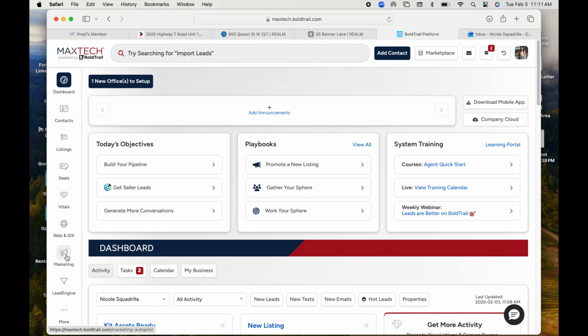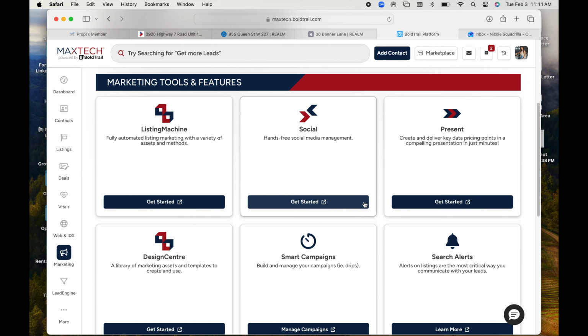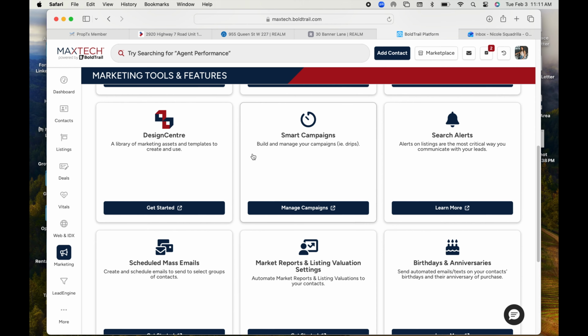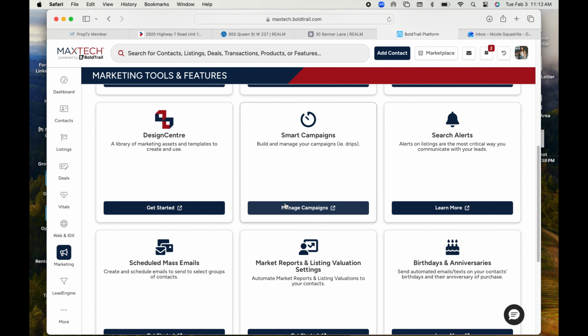So on the left-hand side, you're going to click marketing. Okay, so click marketing and scroll down and you will hit your smart campaigns. Okay, or you can use the Omni search bar at the top and click edit campaign. Okay, so that campaign will help you